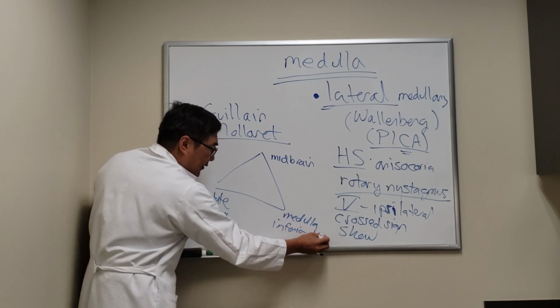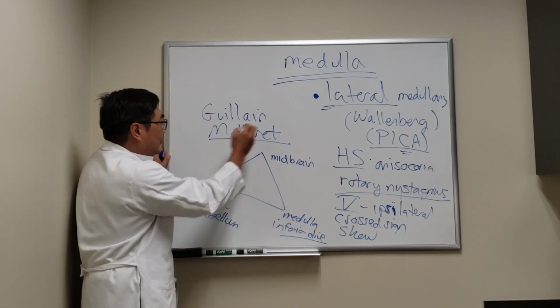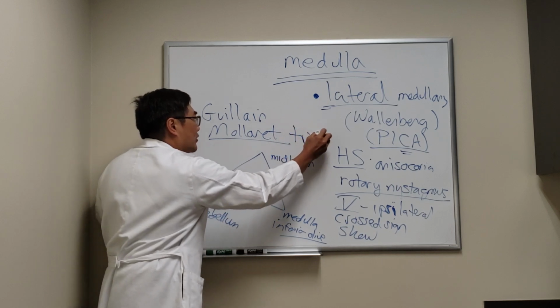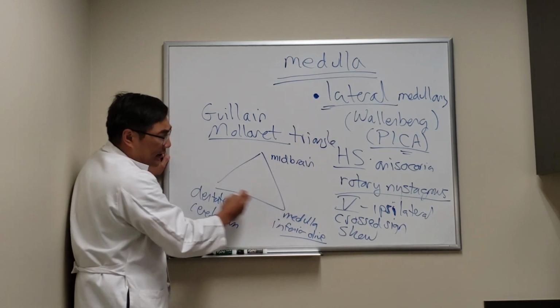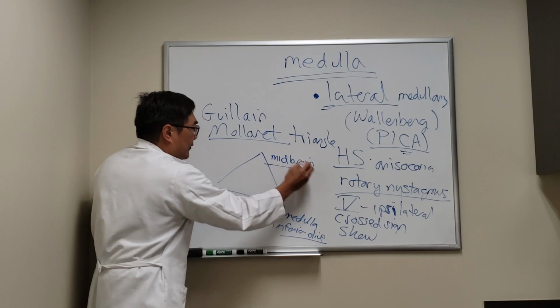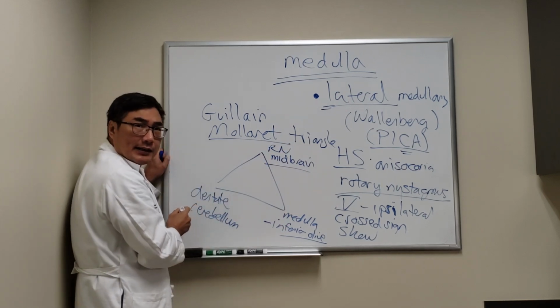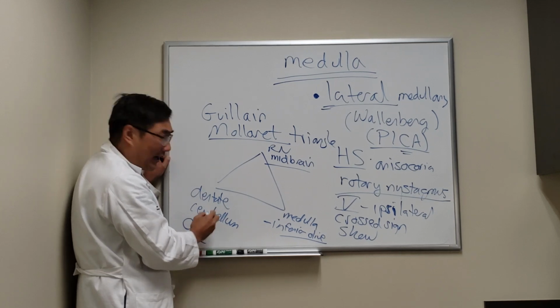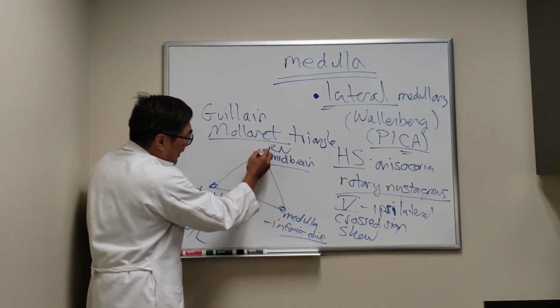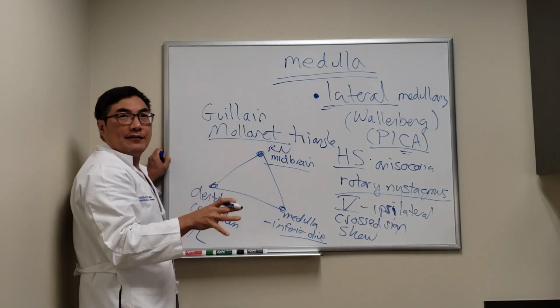So this triangle, the Guillain-Mollaret triangle, any lesion that occurs within this triangle from the red nucleus to the inferior olive or the dentate on the contralateral side in the cerebellum can result in a very specific eye finding called